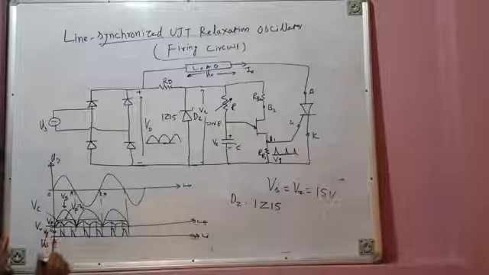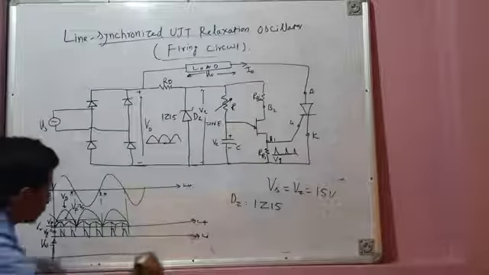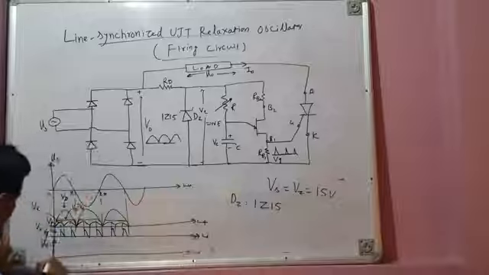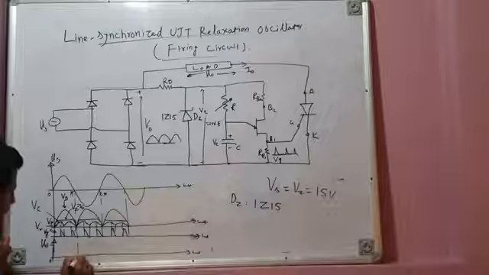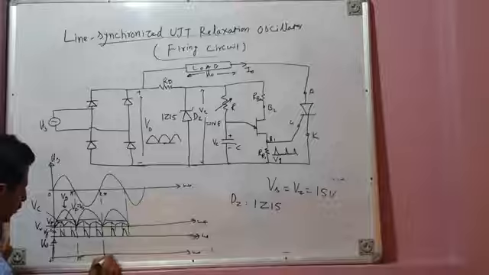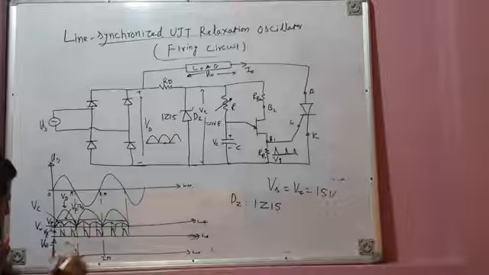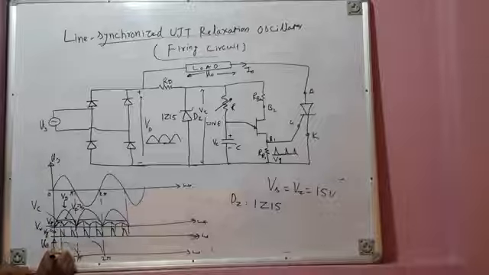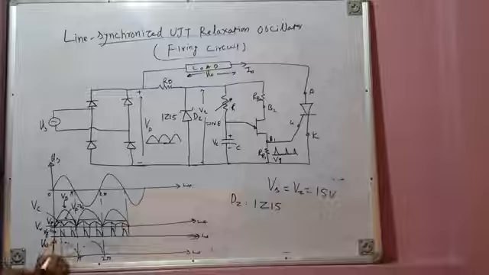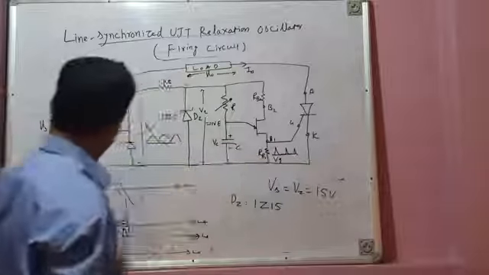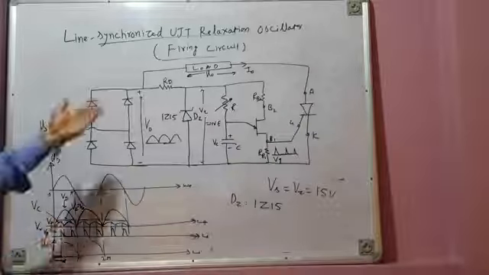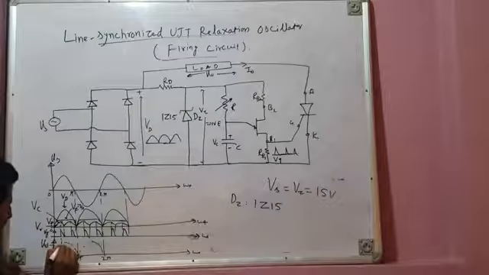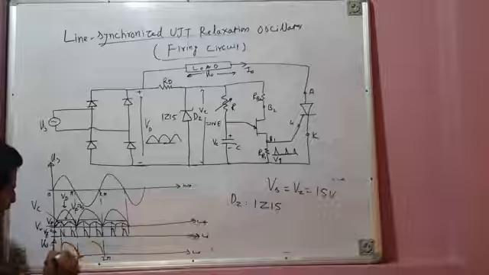Load voltage I can show here. This is 0, this is pi. I will just take 2 half cycles. Now the first firing pulse is issued here. This is the first firing pulse after a delay of alpha electrical degrees. So that means from 0 to alpha, load voltage is 0. And the SCR is fired here after a delay of alpha electrical degrees. First time it goes into conduction, and the remaining segment of voltage gets applied across the load.